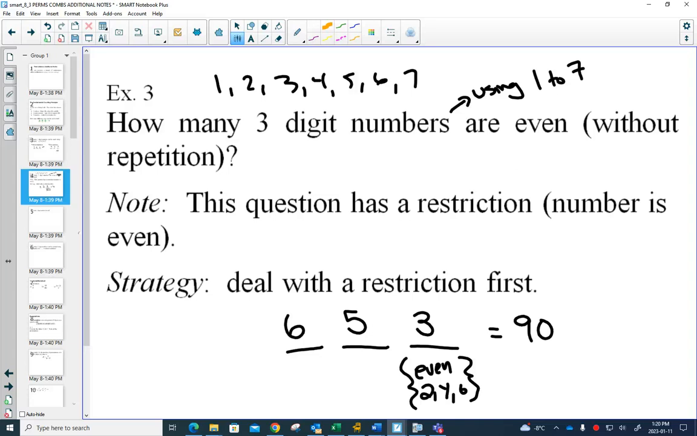Could you still have numbers that start with 4? Could you still have numbers that start with 6? Right? Yes. Because